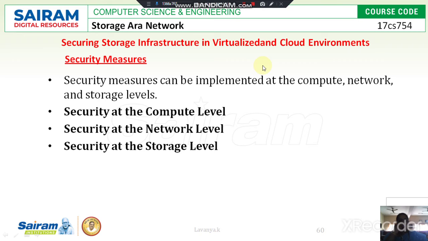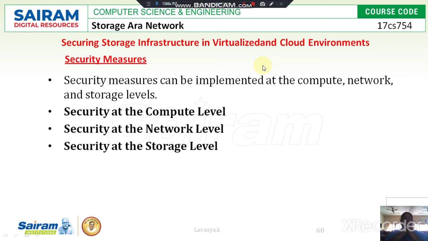Then what is the next one? What is the network layer? At the network level, we are going to use firewalls as well as detection, against intruders and malicious attacks that fetch information without permission or authorization. If any unwanted things or unwanted data are used in the cloud, we have to overcome that problem, so we are going to use the